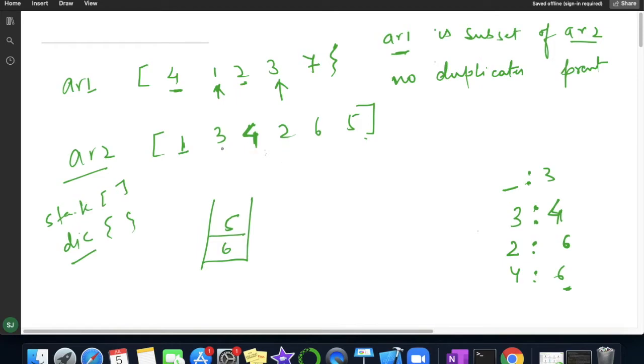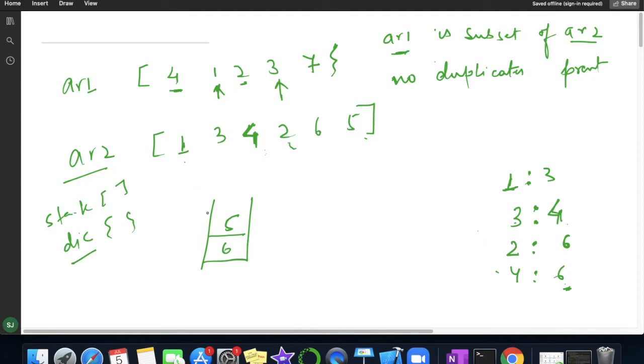If you see here, for 1 the next greater is 3. Also for 3 my greater will be 4, and for 4 the greater is 6. Also for 2 the next greater is 6.